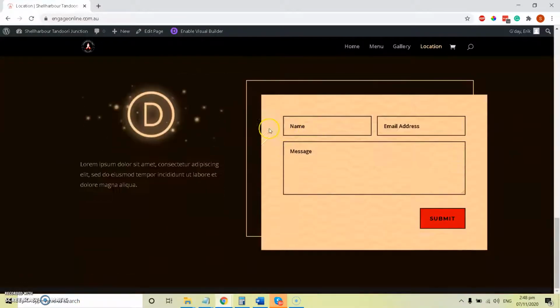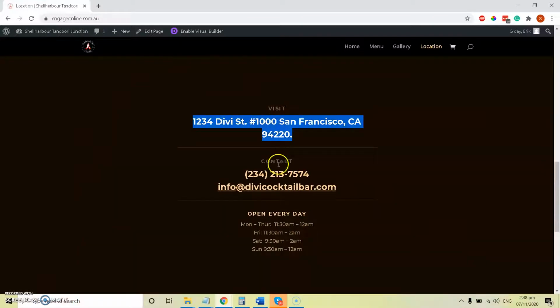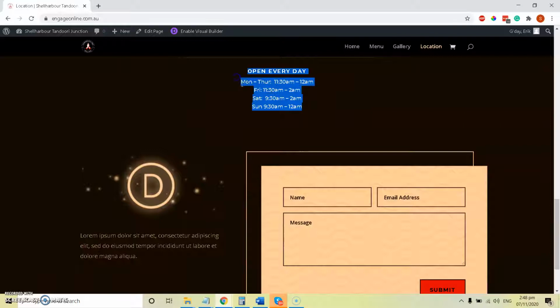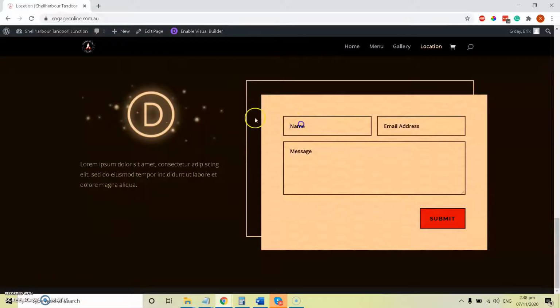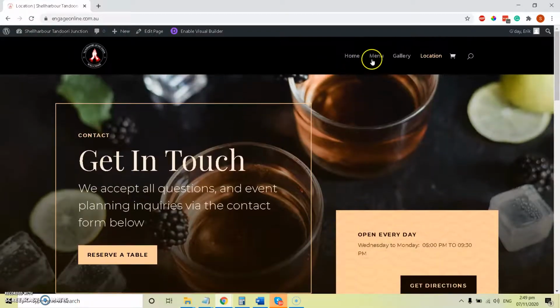Let's update this area here with an address, phone number, email address, and the operating hours. And then let's update this logo here and this text here. That's it for Zena. For Shweta and Sumitra,